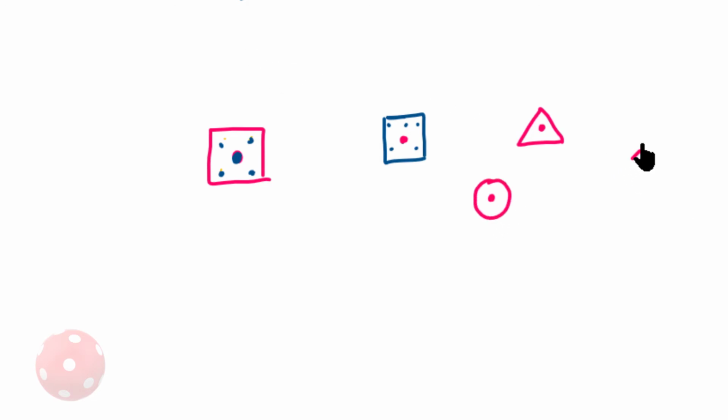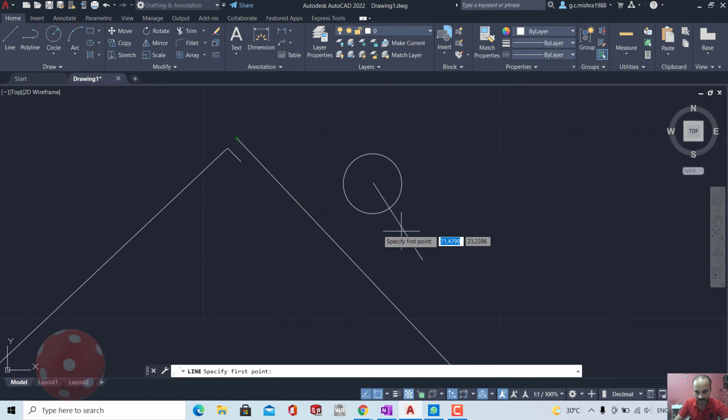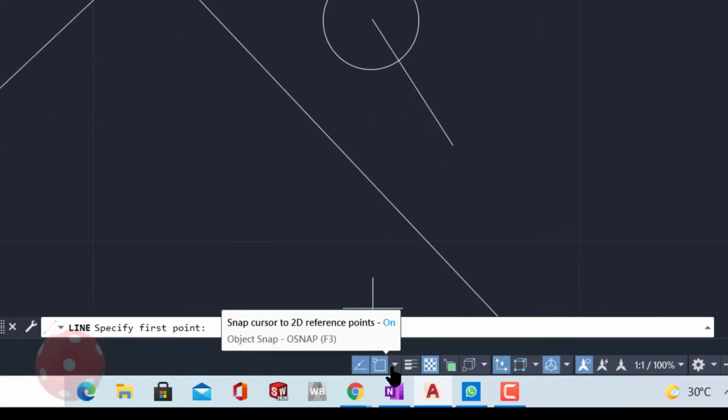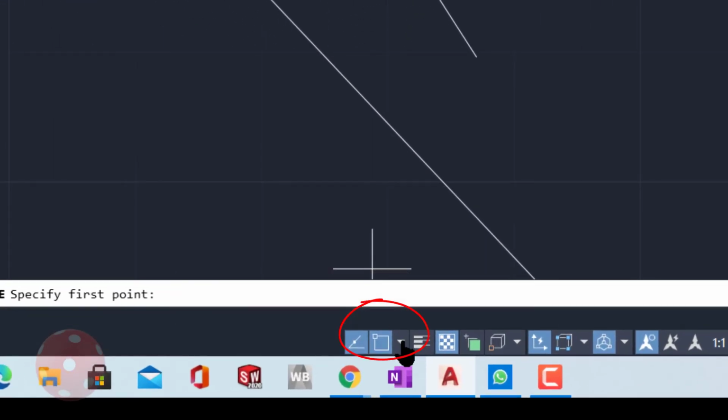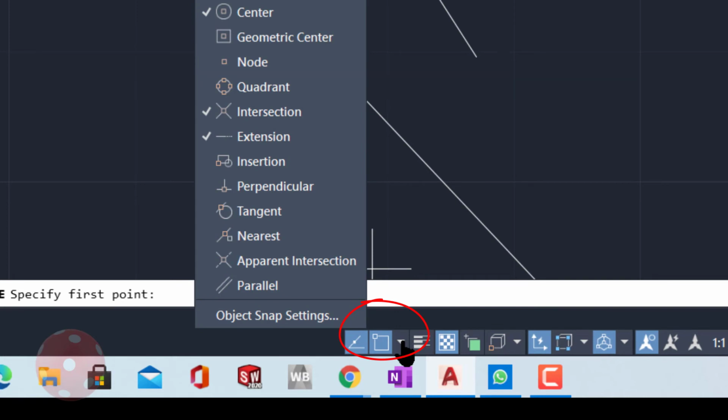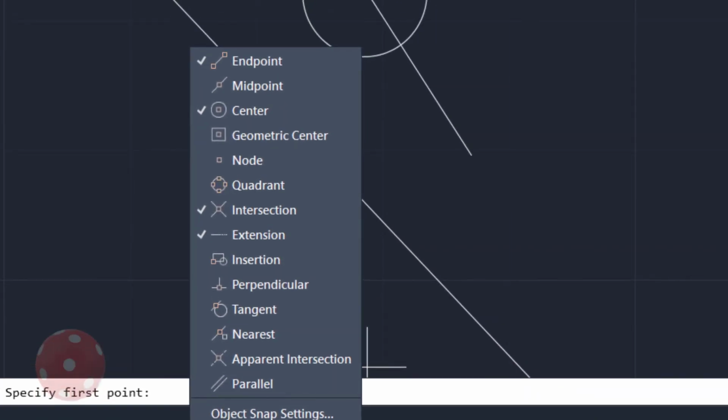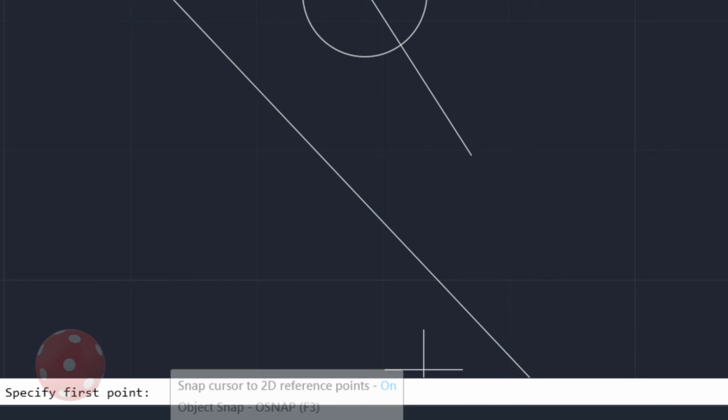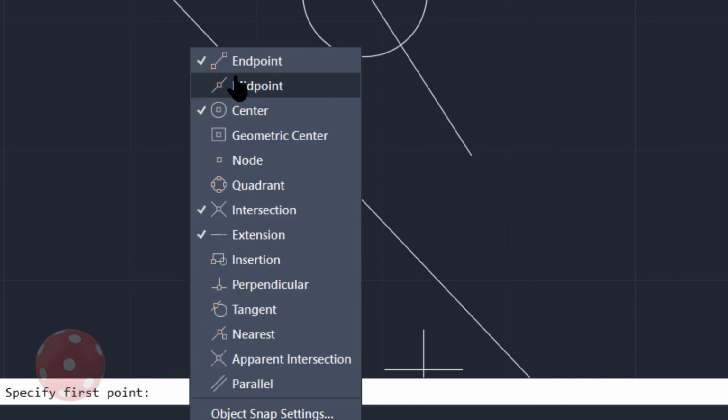If you want to check them, a small arrow is just next to that. If you click that, you will get a list: end point using rectangle, midpoint, center, geometric center, node, quadrant. All these are snapping points.